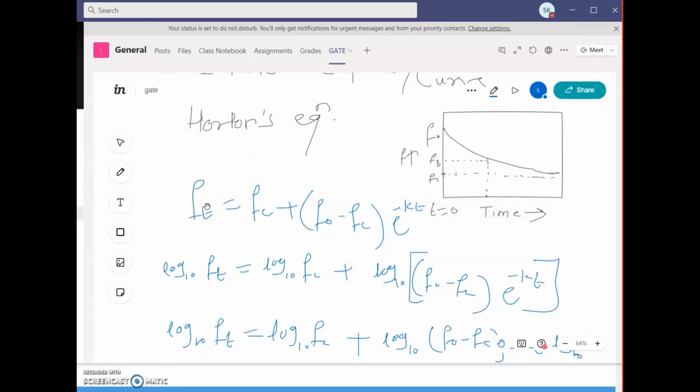So this is the application, because it may happen that you have got the infiltration rate values just after every 10 minutes, but suppose you want it after 5 minutes, after 3 minutes, or at a particular instant, say after 1 hour 20 minutes. So simply put the value of 1 hour 20 minutes here as t, and then you will be able to find out the infiltration rate for that particular instant. So this is the importance of this particular equation called Horton's equation.